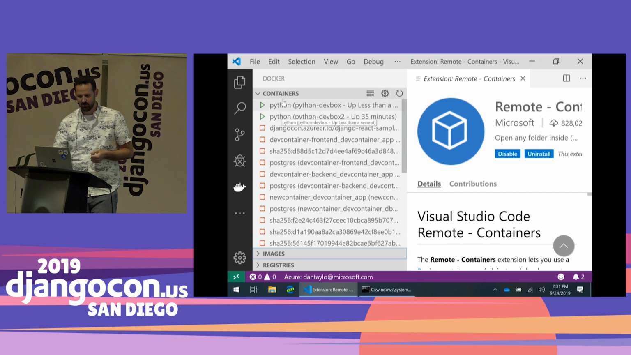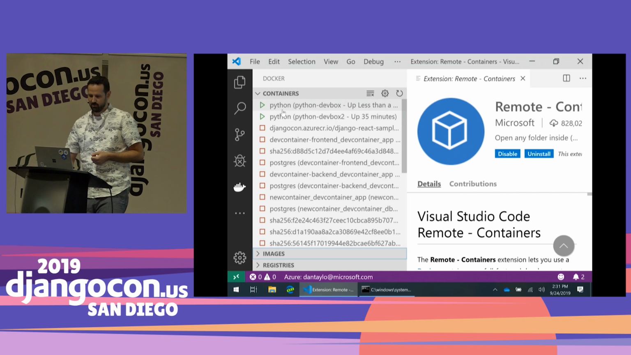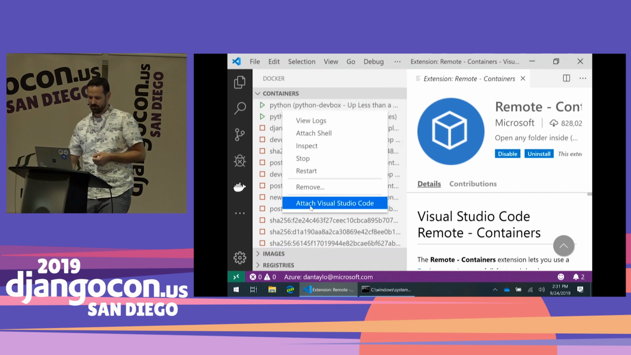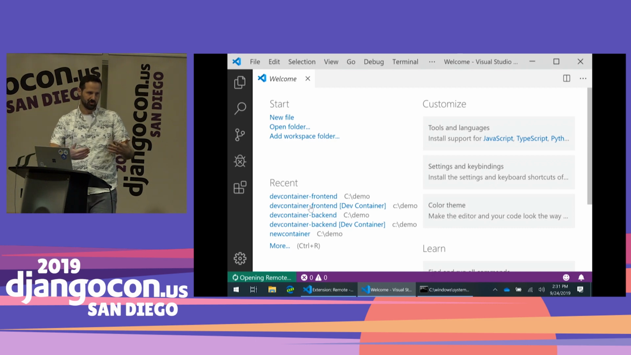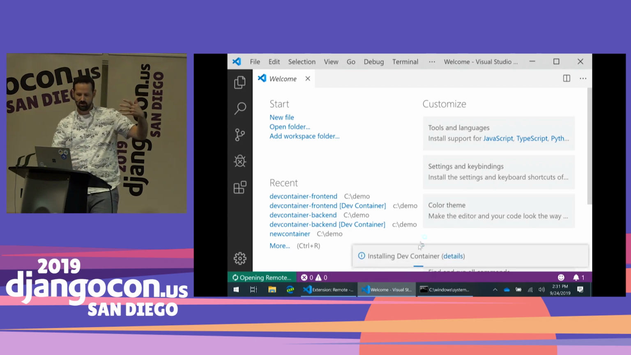So I can see that there's the two containers, my primary and backup one. I can just right-click on this container and say, attach Visual Studio Code. This will start a new instance of Visual Studio Code, a new UI, and it will install the remote server into that container that I built. And if we look at the details here,